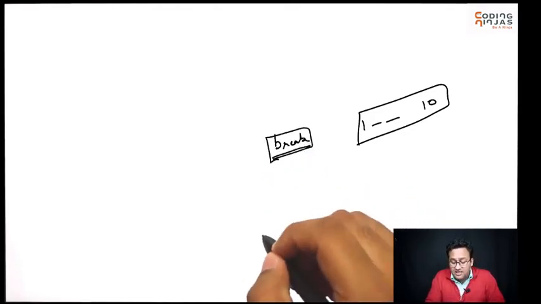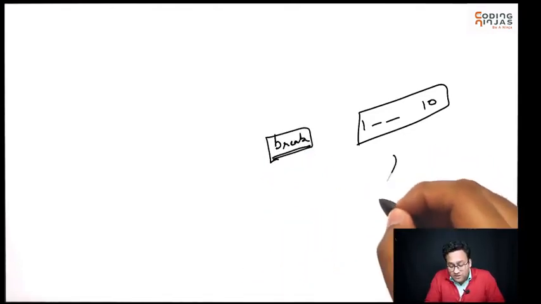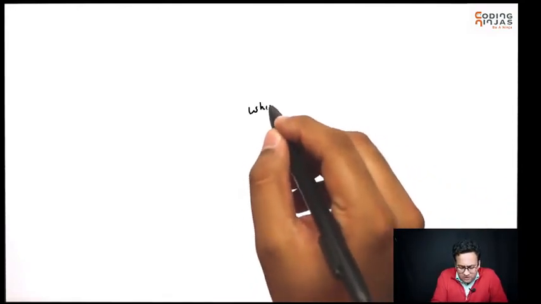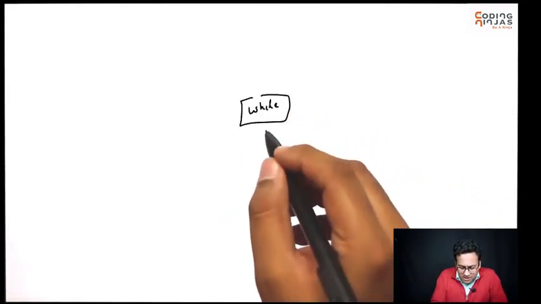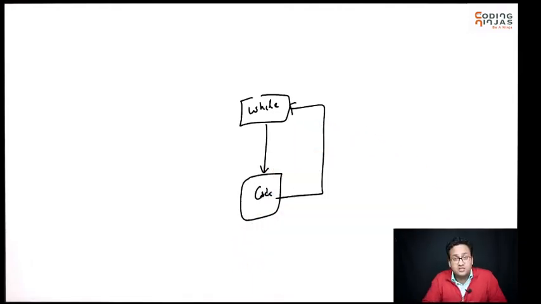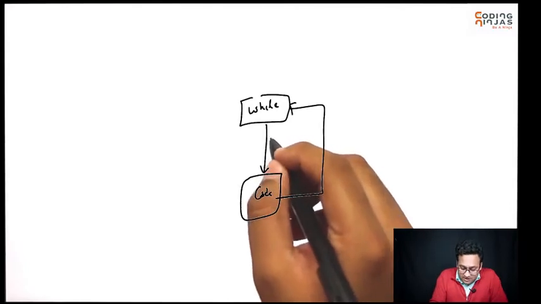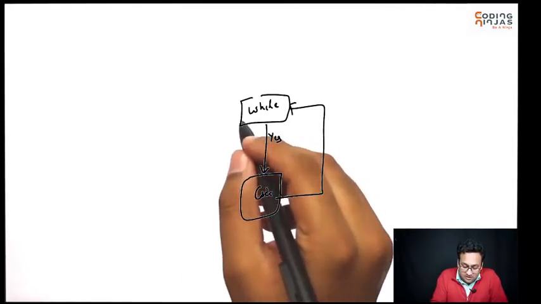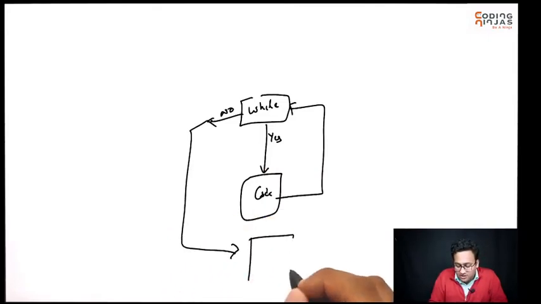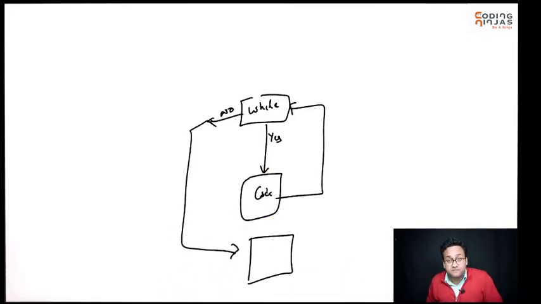Break basically lets you break out of this loop in case some specific condition is met. Right? So for example, how does a while loop work? You have some while condition and you have some code that you want to execute, and it will keep going this way, keep getting repeated. Condition is met, yes, repeat. Condition is not met, no. Then you basically go here and work on the rest of the code, right?